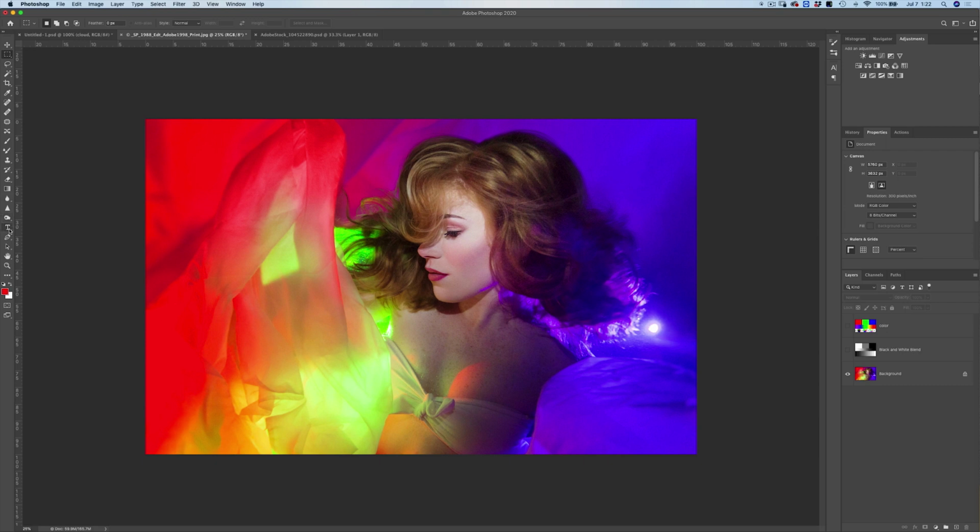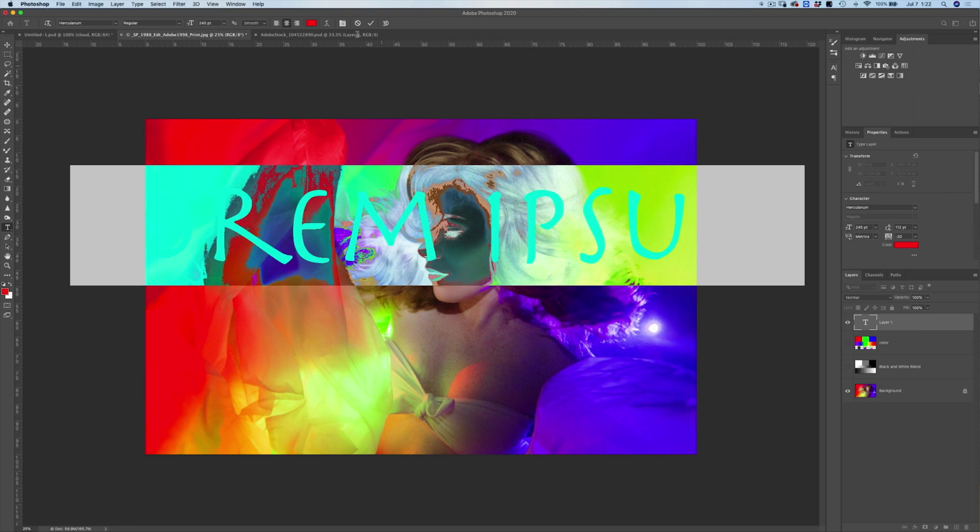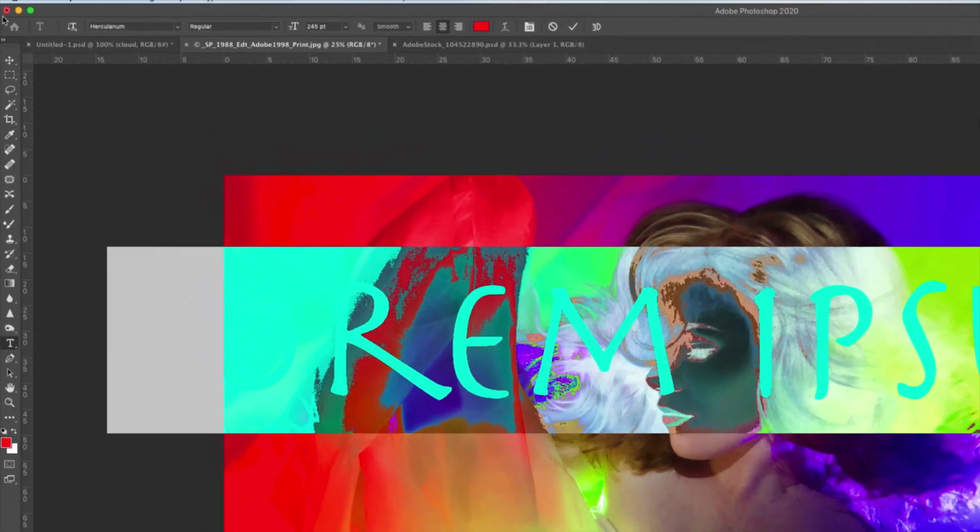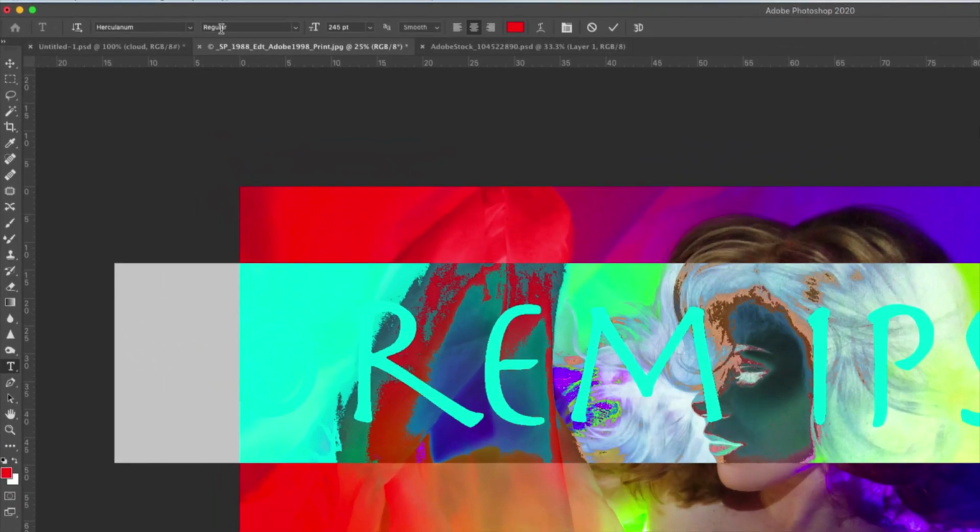We'll select the text tool, and then we'll just click once right in the middle of our image. And then you have a bunch of different options up here in your top bar. We've got the font, we have our font style, we have the size of our font, and how you'd like the edges to look. And then you have your alignment, whether you want it centered, to the left or to the right. You have the color, you have the option to warp your text. You also have the option to lay out your text within the paragraph form.